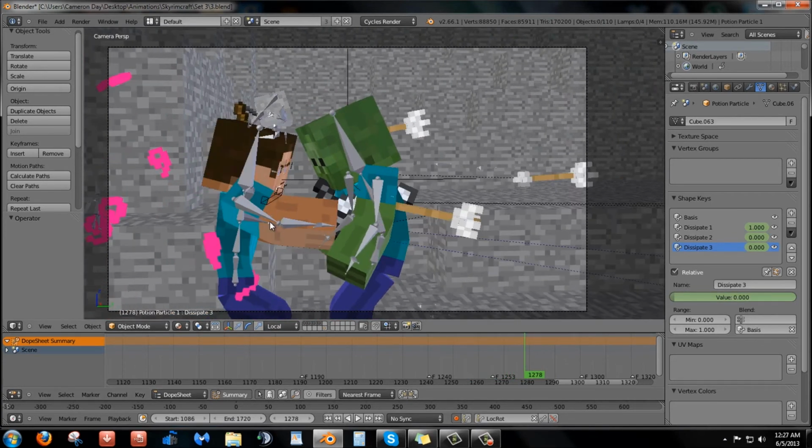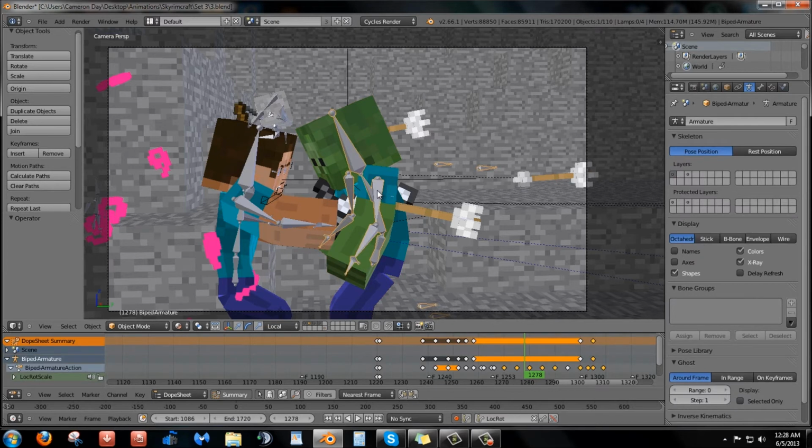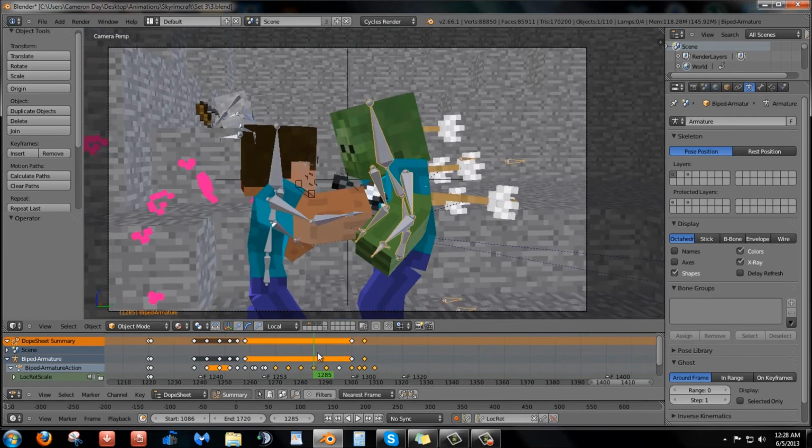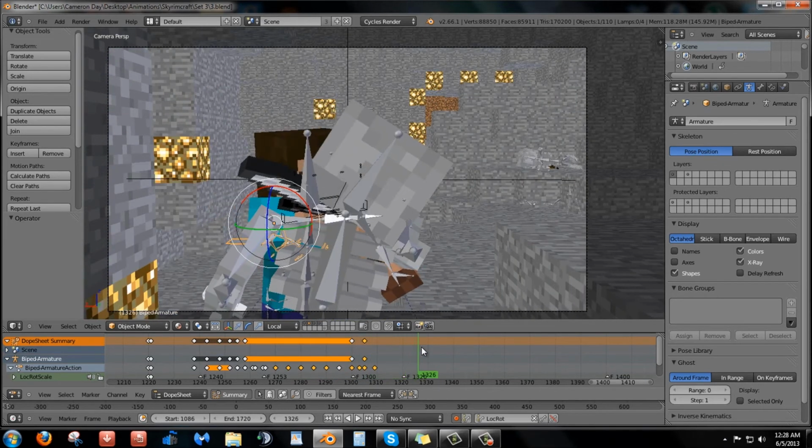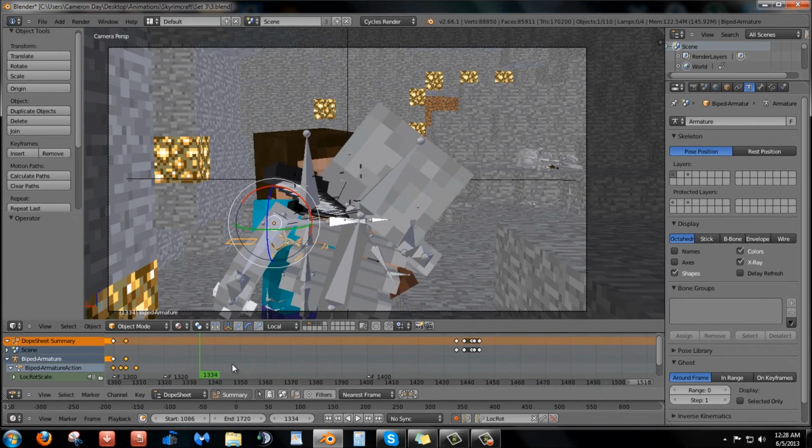Now, arrows, of course, were just parented to different bones. Like that one was to the head, that one was obviously to this arm right here, and the rest were pretty much to the back bones right there. And yeah, that was what those did. And he just throws them on the floor, and then another slow motion shot right there.